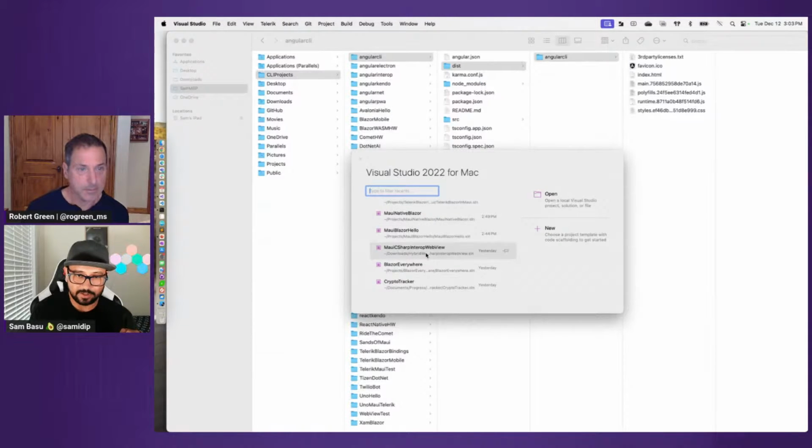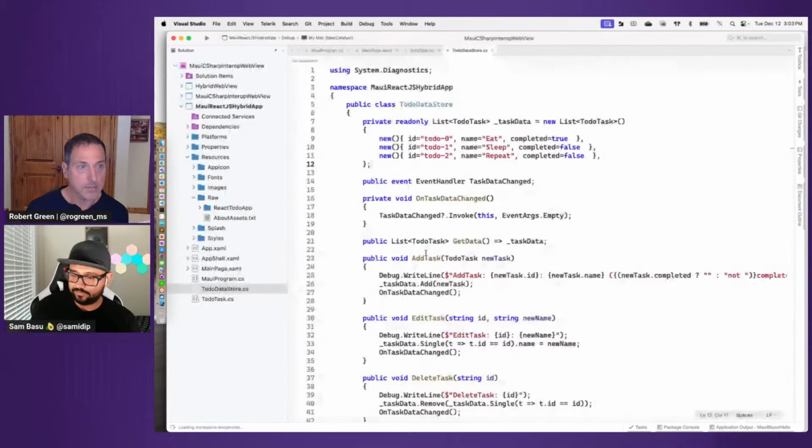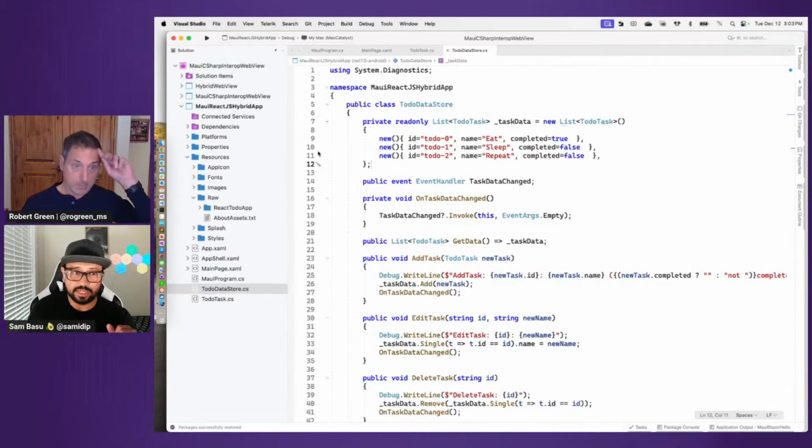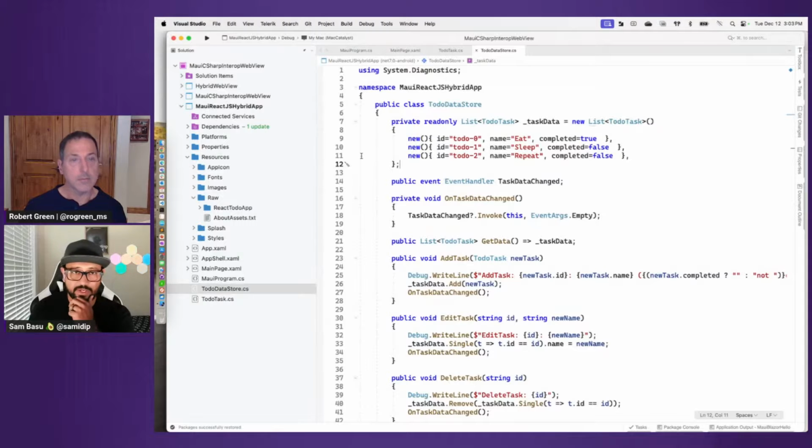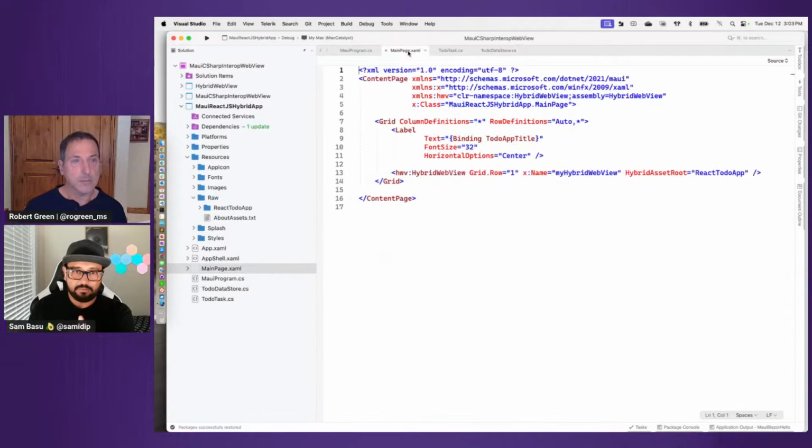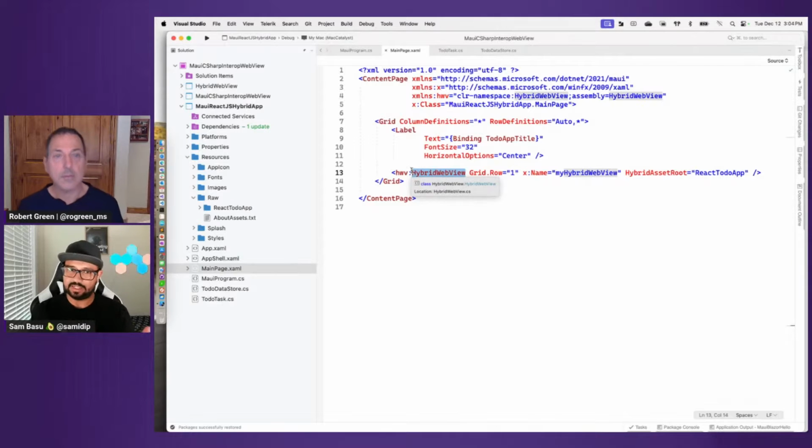This is Eilon Lipton from the .NET team. He's a long-term engineer, very smart person, and he is working on this. This is still experimental, by the way, but you can go play with this right now. This is a thing called the hybrid web view experiment. This is still .NET MAUI, but what you'll notice here in my main page, this is not a Blazor hybrid web view. This is just called the hybrid web view. This one kind of wraps up that interaction between .NET and JavaScript just a little better.